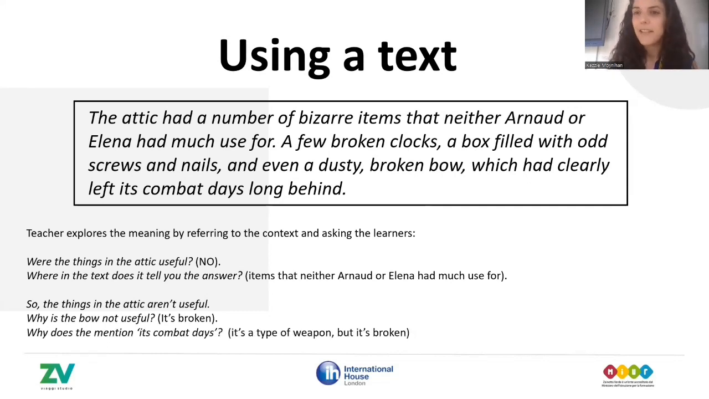Why does it mention its combat days? Because it's a type of weapon, but it's broken. So here we're conveying the idea that this bow is not an instrument bow. It's not a bow that you tie. It is a bow that is used in combat or fighting. So of course it must be a bow. Next, we'll look at an